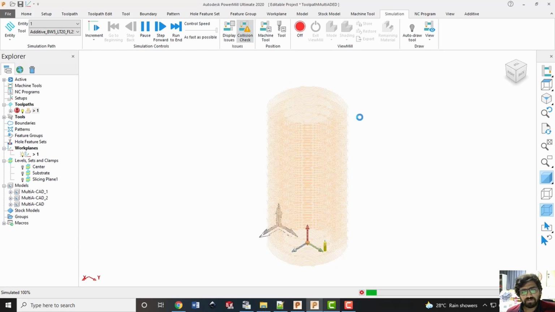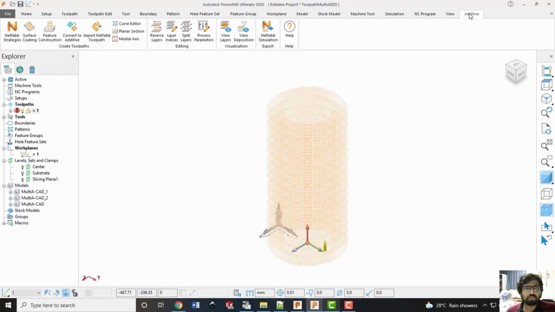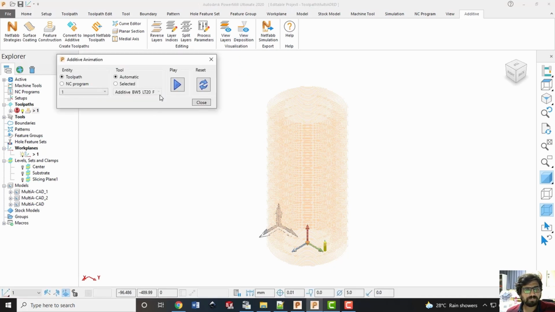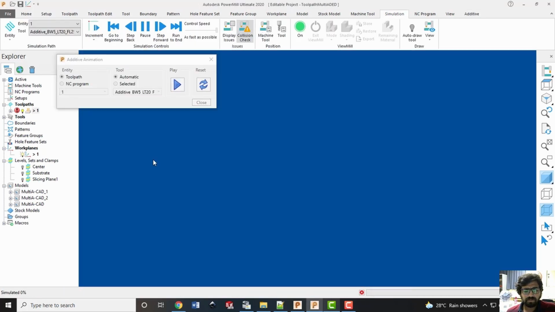So after completion of the entire layers, this is how it looks like. You can also simulate its volumetric simulation. For that, you can go to additive and view the deposition. So click here on view deposition and play. So this is how it will deposit the material.